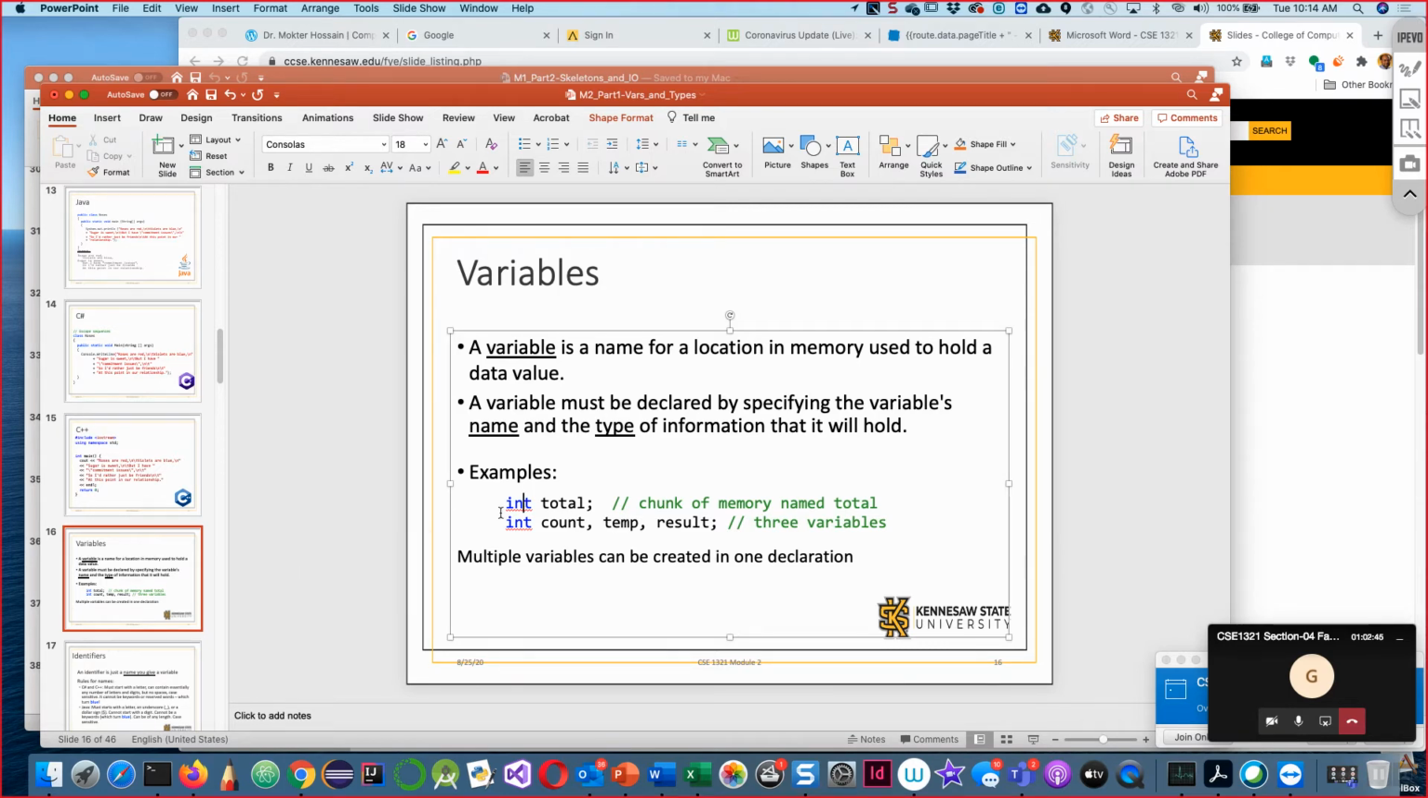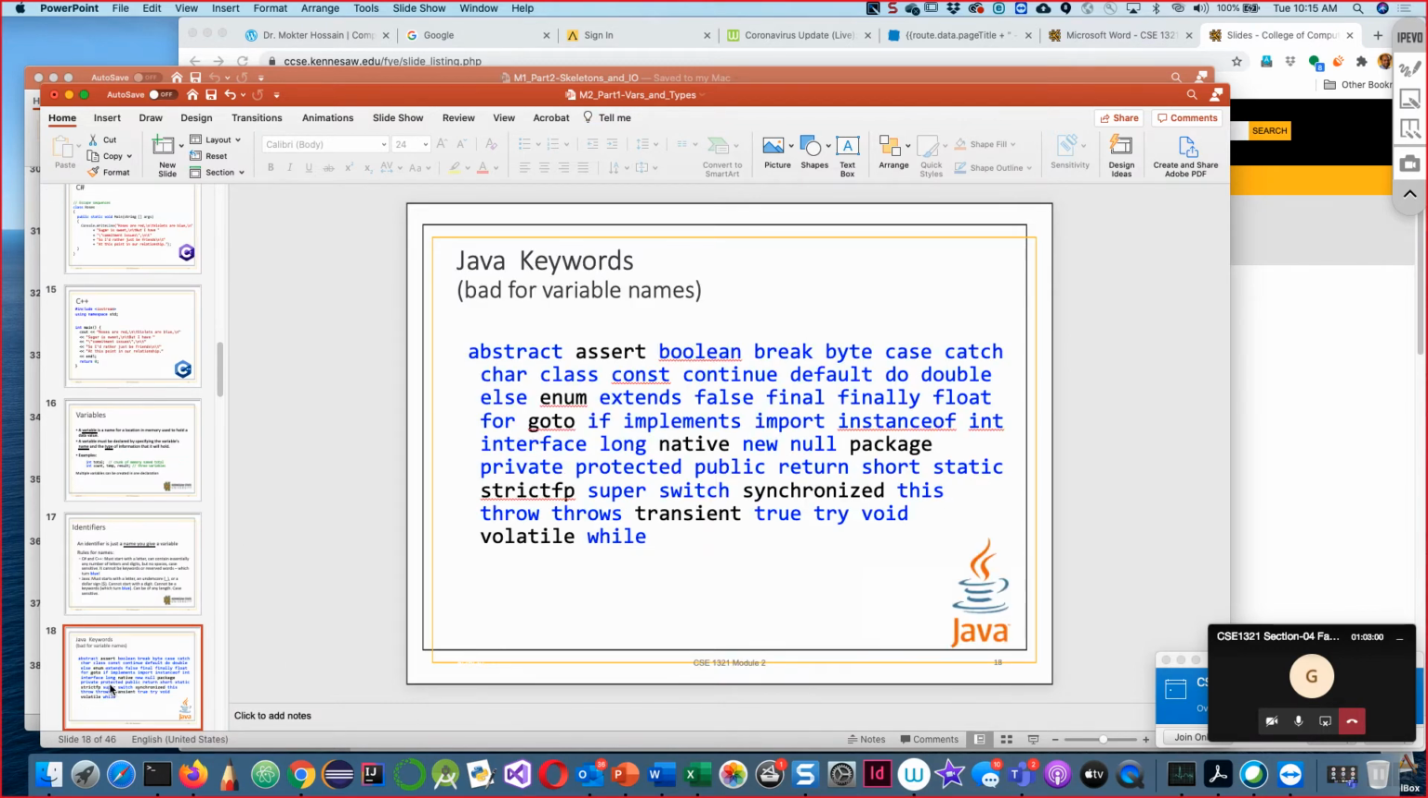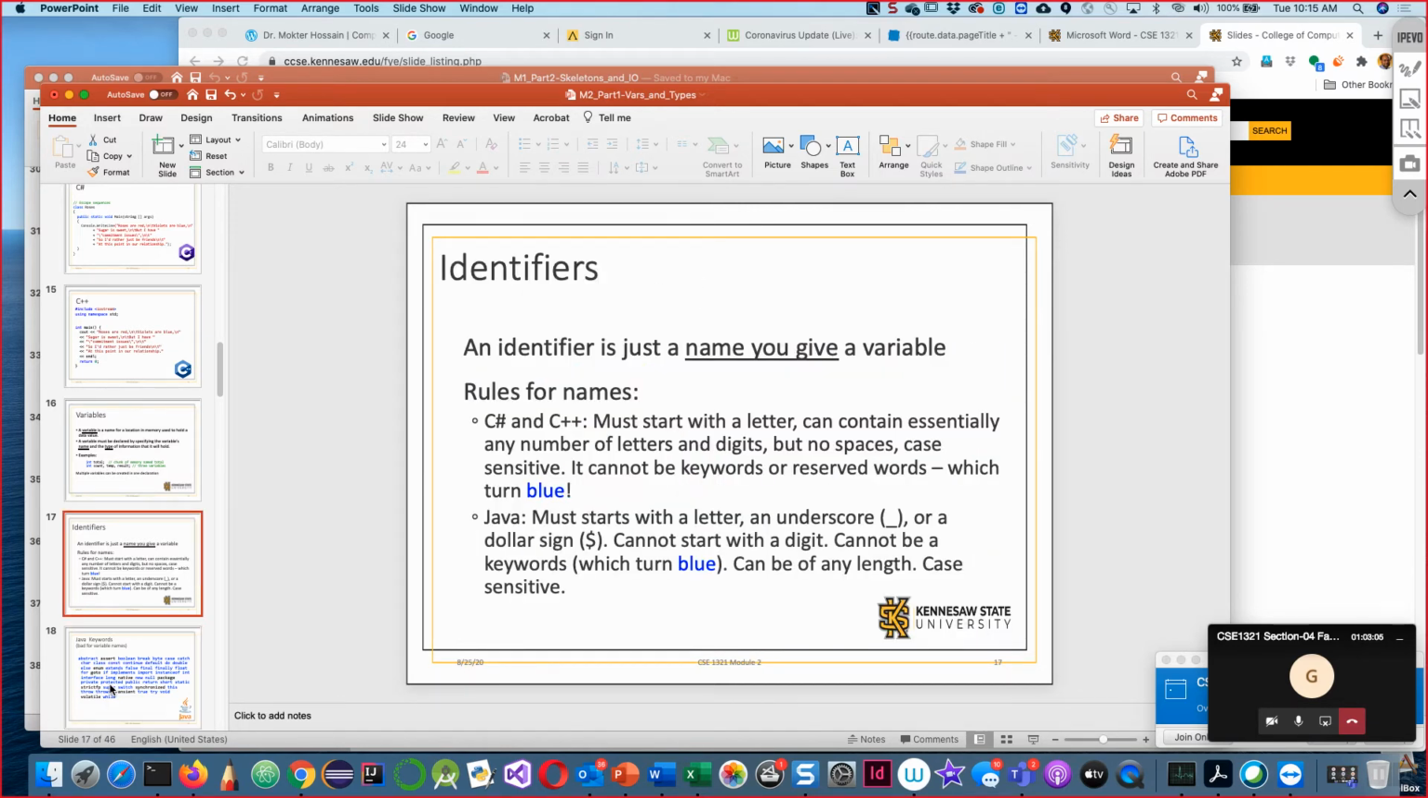So whenever we declare a variable or give a name to an identifier, there are some naming conventions or rules for giving a name to a variable or a method, or in general an identifier. There are some restrictions in order to give the name of a variable. The first restriction, before I discuss this,